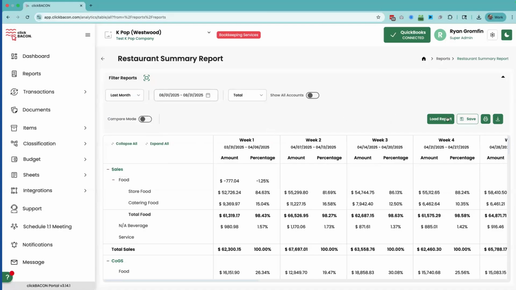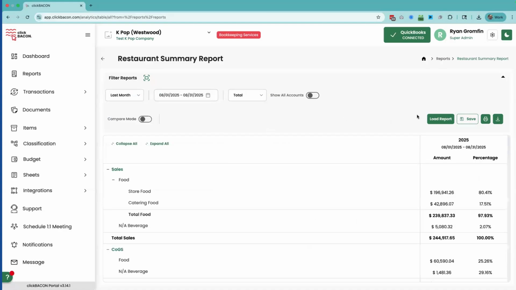And every time you make a change, we have to hit load report, just because we don't know when you're done yet. Show all accounts is turned off right now. What we're doing is we're only showing you accounts that have data in this period of time. So sometimes people will email us and say, hey, I'm running a report and it doesn't show this account. If you want to show all accounts, regardless of whether they have data or not, then toggle on show all